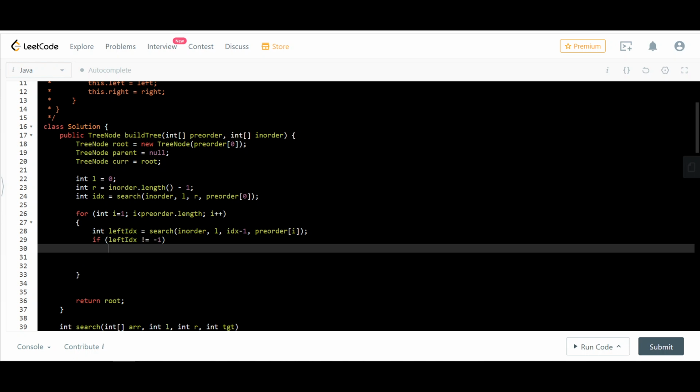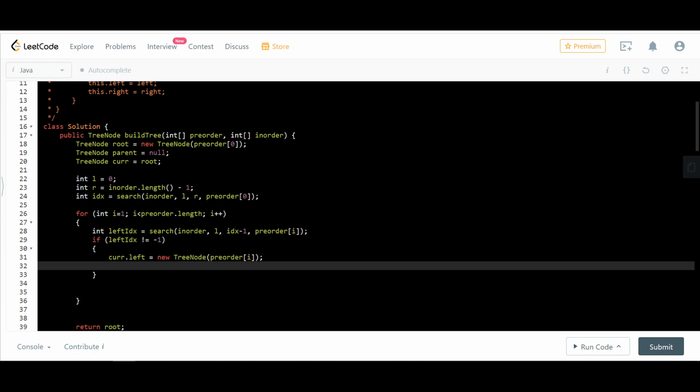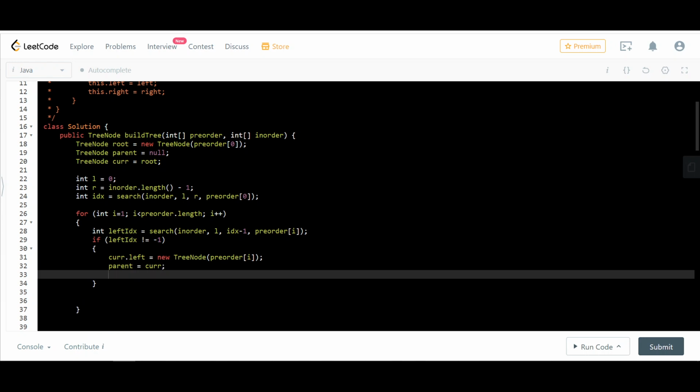If it's not minus 1, then you do current.left equals new tree node preorder of i. And now you call parent equals current, and current equals,